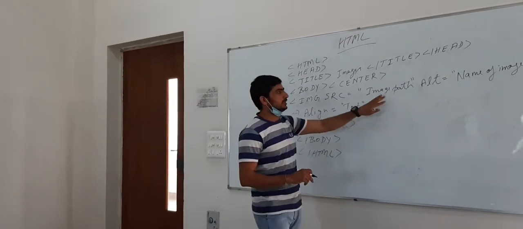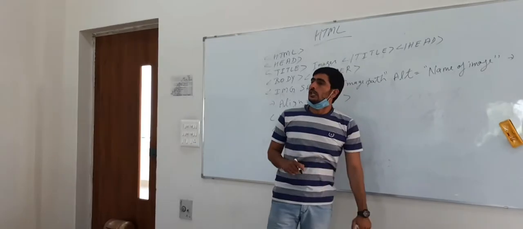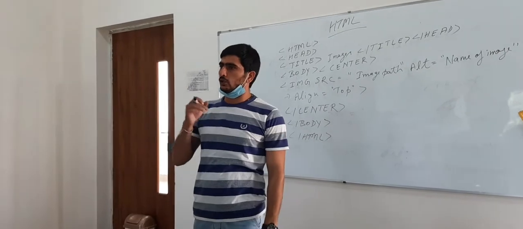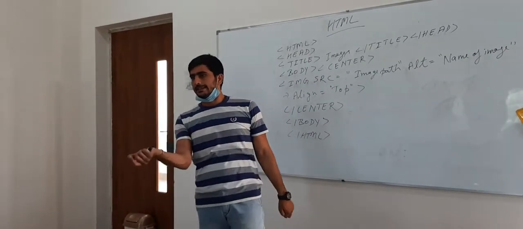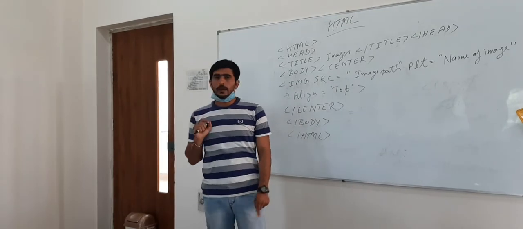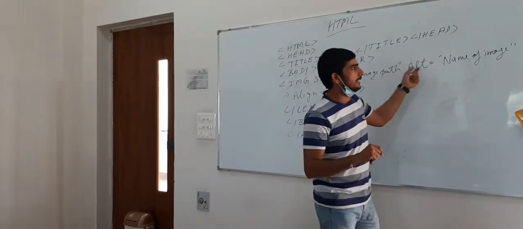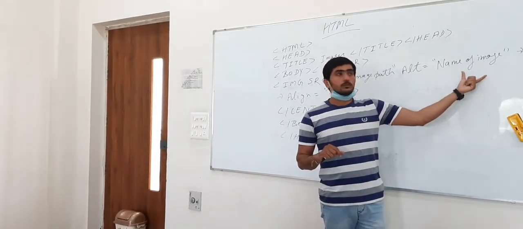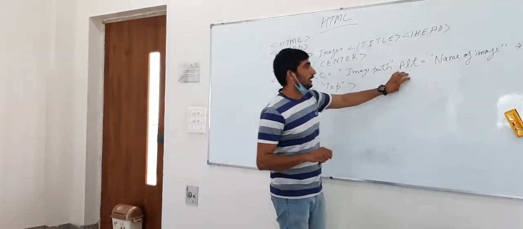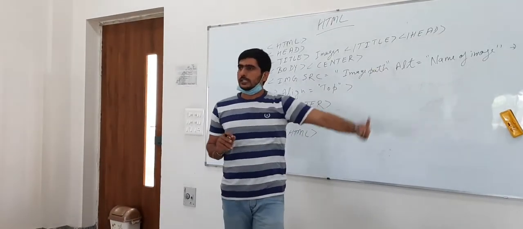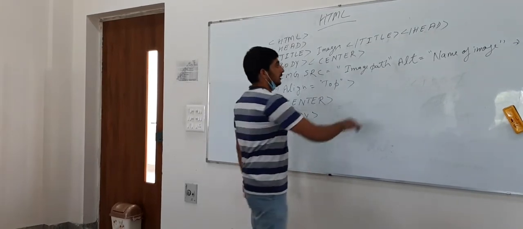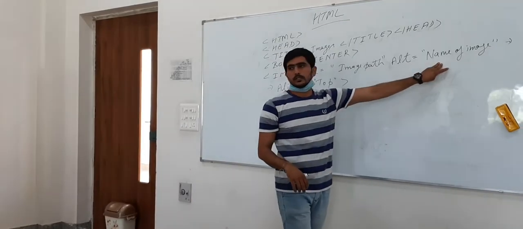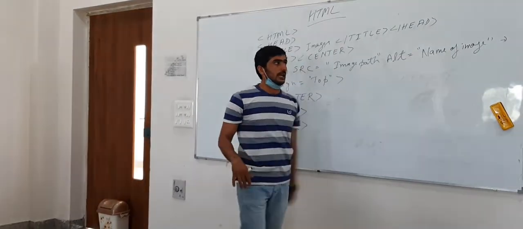Now we will just put the image path. I have already told you how to copy it. Just go to the picture section, right click on it, go to properties and then move to details, and then you will see the image path; put it here. Write the picture's name, the image name, for whatever purpose you are using that image. With the help of the alternate, if the internet is not working, the name will be shown instead of your picture. So if the picture does not show, the name of that picture will be shown on your web page.